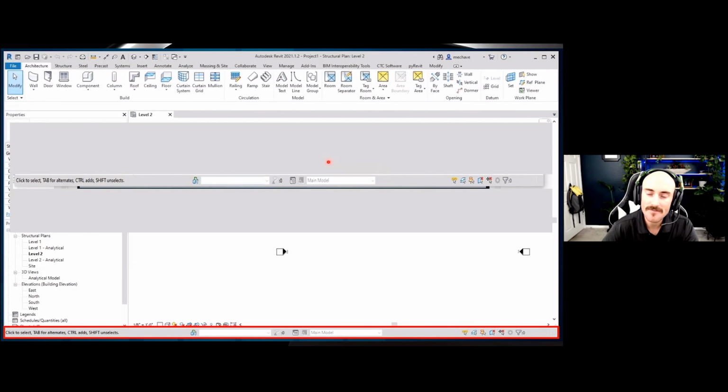To the right of that, you have phases. So if we were to create any additional phases, phases are great to have within your project if you're having multiple phases like existing, new, or maybe phase four. You have the ability to go through and set phases that have different visual representations per phase. To the right of that, it's just quick click access to things like you don't want to select links. For those of us that don't maybe know what links are in Revit, they're like XREFs in AutoCAD. Maybe you don't want to have the ability to hover over one and select it and then move it around or something. You have something like a pin that you can go through and use. So these are just items that you can go through and select from. And this is our status bar.